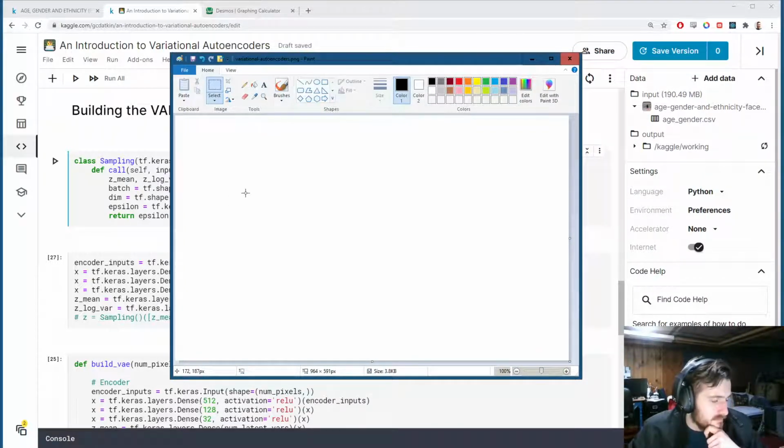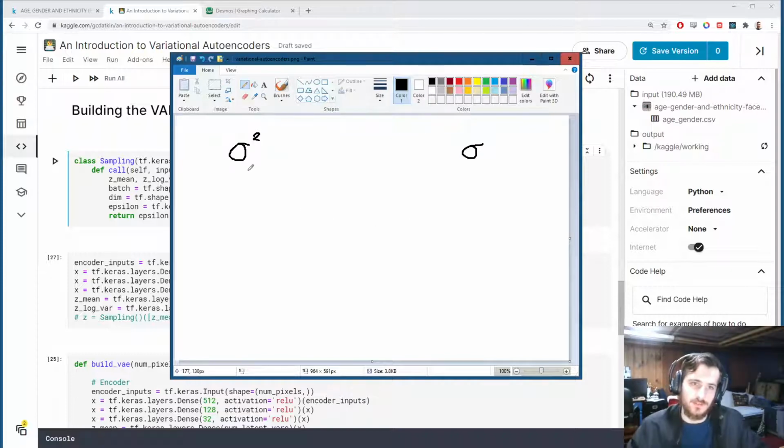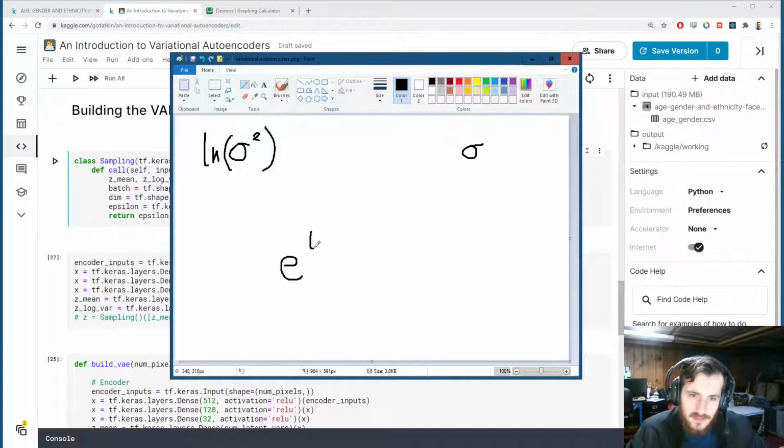Essentially, our variance is sigma squared. This is the variance term, and what we want to do is scale by sigma. However, we don't have sigma squared, we have log of sigma squared. So how do we turn log of sigma squared into sigma? Well, what we can do is take e to the ln of sigma squared,